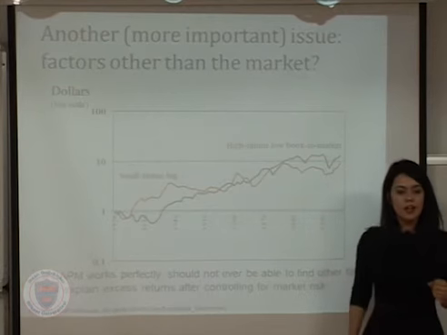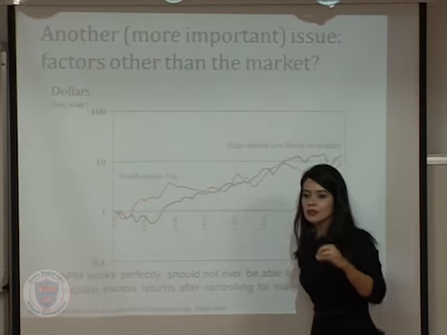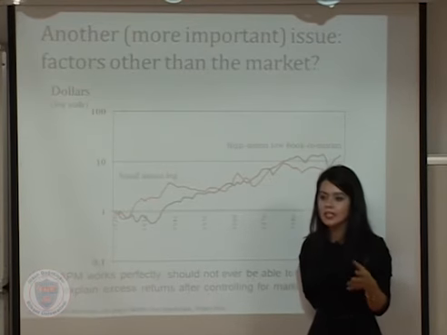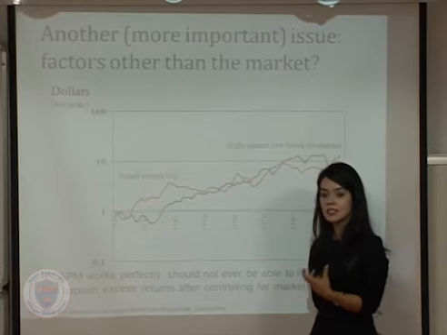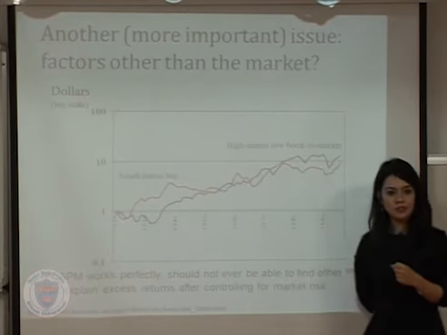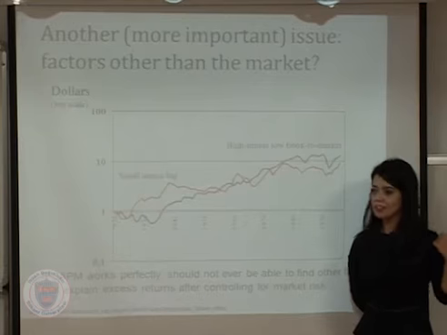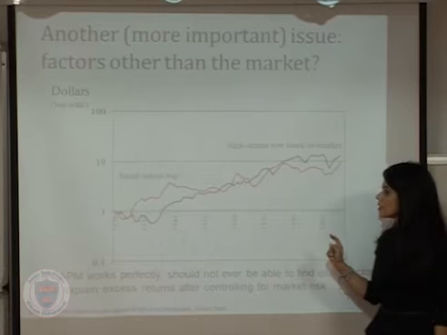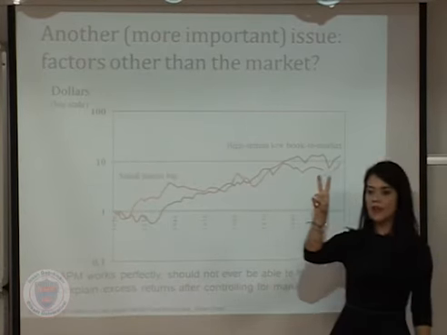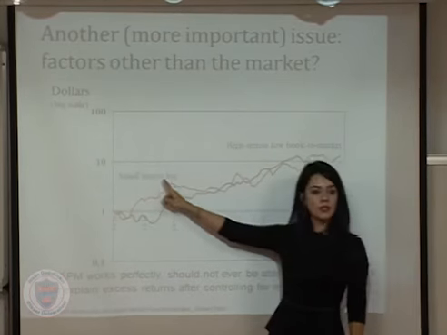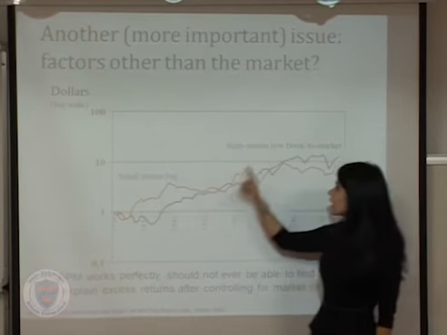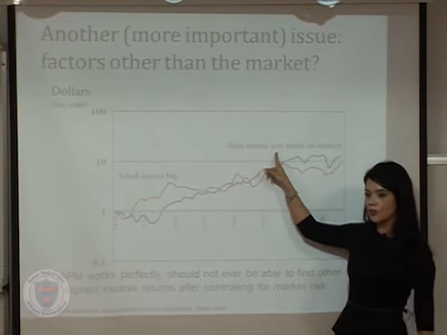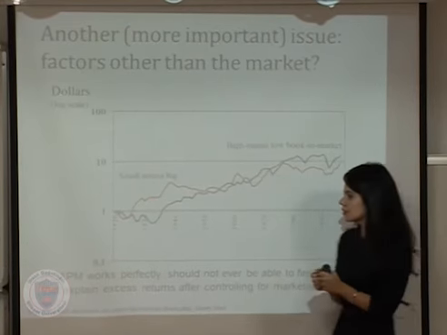Other people said it is ridiculous to look at one factor. You're only looking at market risk, which is ridiculous. So they said there are other factors that should be priced as well. Fama and French, the guy who got the Nobel last year, is one of the people who came up with three-factor models. They look at two more factors. They look at the size of the companies. They look at the market-to-book values of the companies. Let me try to explain what it means.